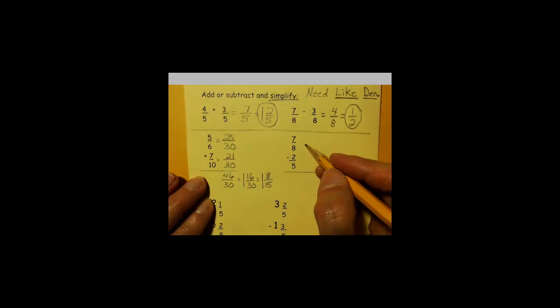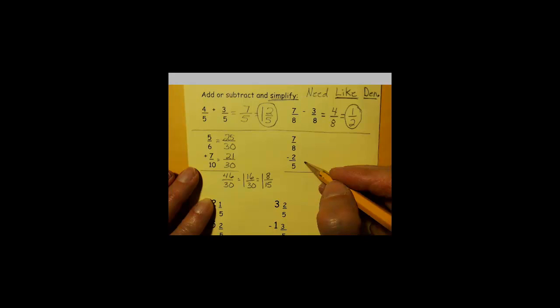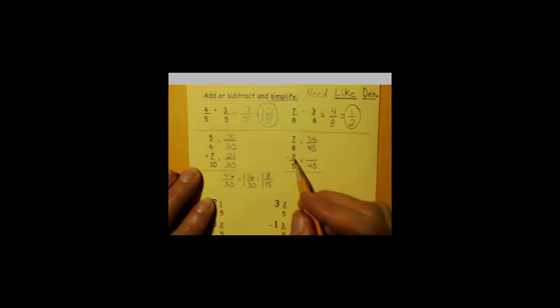Next one, we are subtracting here. 7/8 minus 2/5, our common denominator in this case would be 40. Both of these numbers go into 40. So 8 times 5 gives us 40, so 7 times 5 would give us 35. 5 times 8 gives us 40, so 2 times 8 is going to give us 16. And again, we're subtracting here, so when I subtract this, I end up with 19/40,